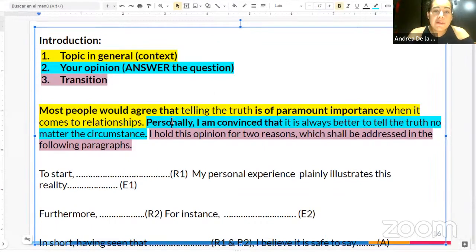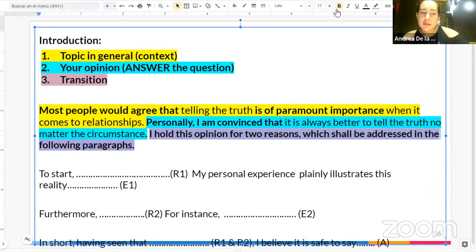Okay. And finally, we have the transition, which is always going to be the same. You're going to say, I hold this opinion for 2 reasons, which shall be addressed in the following paragraphs. Okay, basically this means, pienso de esta manera, tengo esta opinión por 2 razones que las voy a tratar en los siguientes párrafos. It's something that you can basically copy and paste, or you can change a few things if you want, but you need to have this